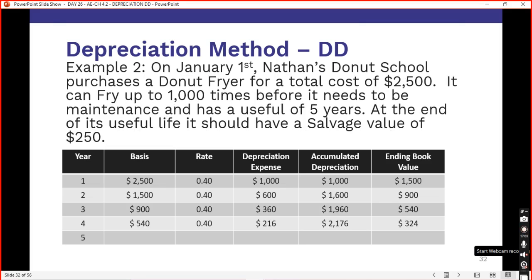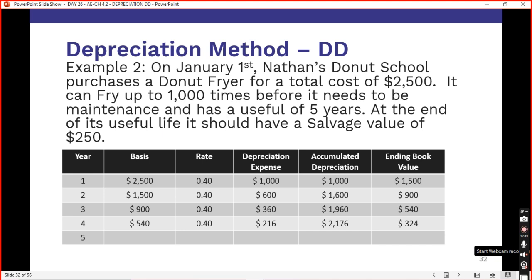And of course, if you continue forth, this is what's going to happen. You carry that 900 to the next year, then you solve for it, carrying that book value to the next year until you are at year 4. Now let's take a look here. Year 4, we have 540 as our book value for the beginning of the year. We took 40% of that, so therefore it was 216. Then we added it to our grand total of accumulated depreciation, so therefore my ending book value of year 4 is